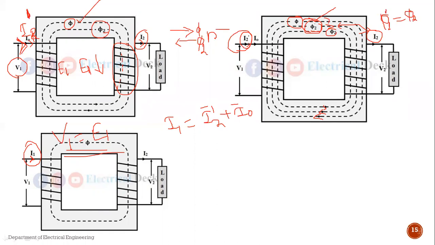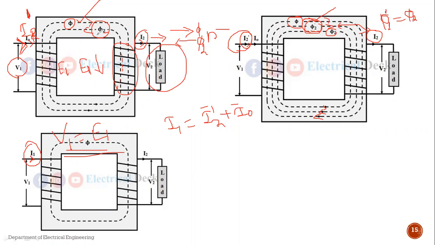that is magnetizing component and the working component. After that, when the load is connected to the secondary side, ज्यावेळेस secondary side ला load connect केलेलं आहे, due to that load some current will be flowing from the secondary side. Secondary side मधून काहीतरी करंट फ्लो होतोय. So this current will set up some flux in the core. याच्यामुळं कोर मध्ये काहीतरी फ्लक्स सेटअप होतोय. But this flux is opposite to the main flux.